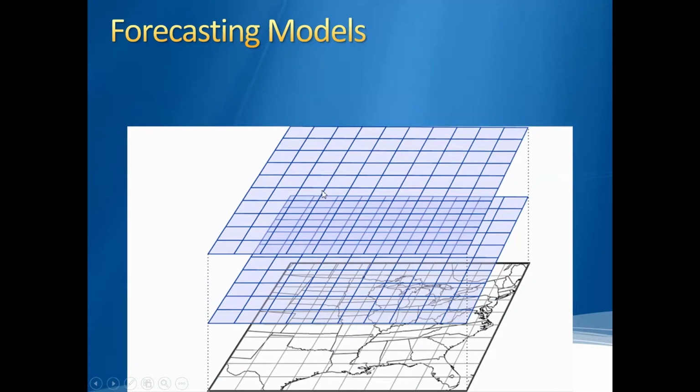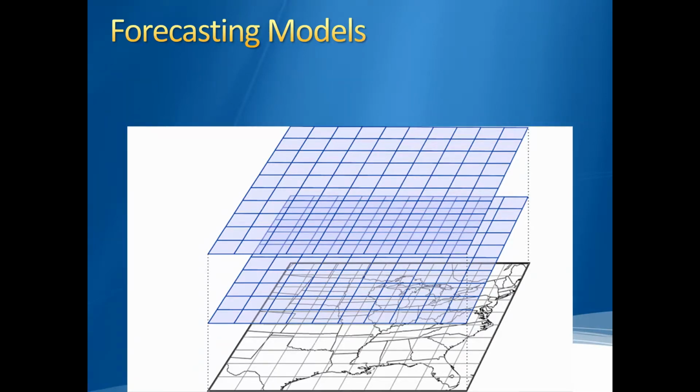But the smaller they are, the more equations that need to be run, because you're running equations for this box, this box, this box, this box. The smaller the boxes, the more of them you have. The more of them you have, the more these equations have to be used. And you're not just doing this for the surface, you're also doing this for higher layers in the atmosphere. So that creates